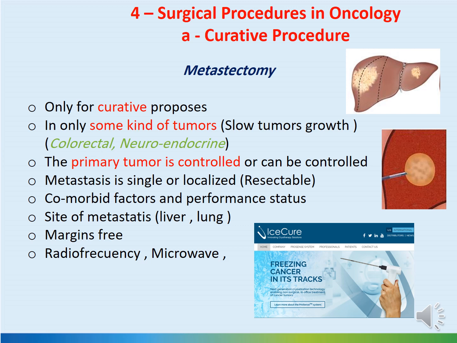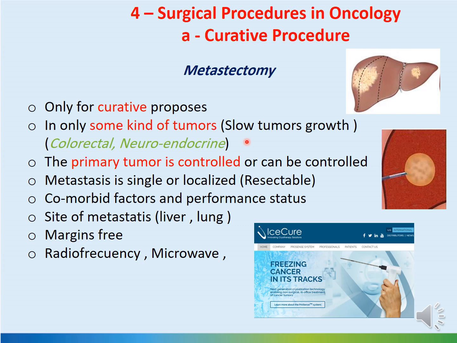In this type of cancer, even if we have metastasis, for example in the liver or in the lung, if we remove the primary tumor and then remove the metastasis along with the primary tumor, we can get a cure here. While in other types of cancer, we know once it's metastatic, with metastasis in other organs, it means end stage and no role for surgery as a curative surgery.